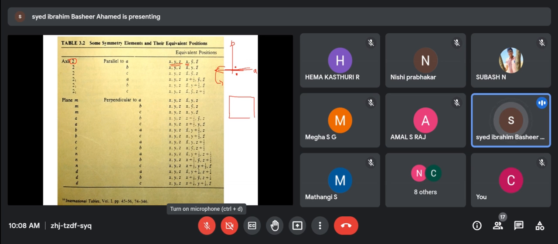All right. Assume you have a cube. Sorry. Okay, assume you have a molecule something like this. So you have the A axis like this, this is the B axis and this is the C axis. My coordinate is here, x, y, z. If I rotate along this, will this change the place or not?